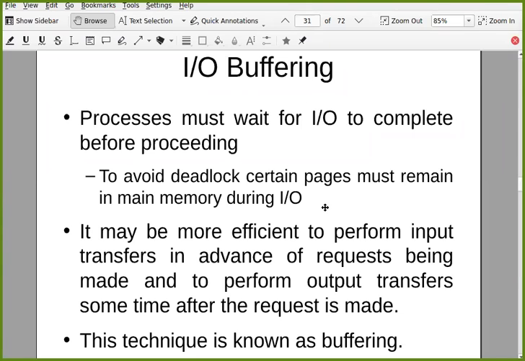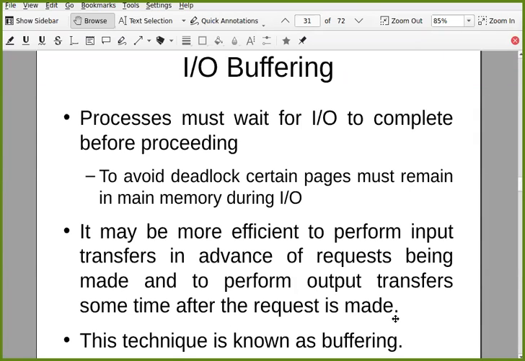At least it should keep those pages in the main memory of those virtual addresses where you need to load the data. So that is one way to avoid the deadlock. But it would be more efficient to perform input transfer in advance of the request being made and to perform output transfer sometime after the request is made.